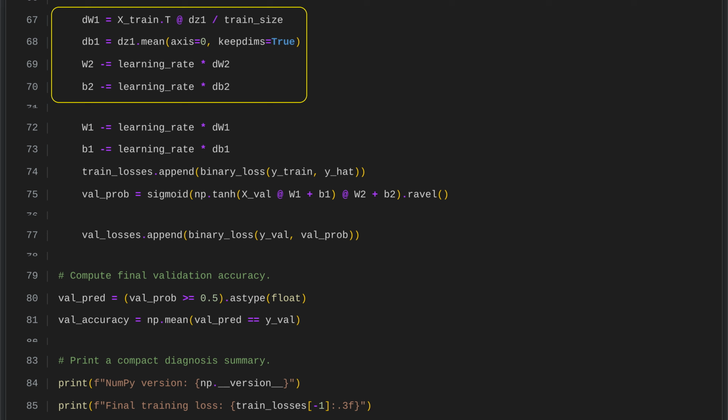Backpropagation computes how the loss changes with each parameter, then uses those gradients to improve the model. For the first layer, the weight gradient comes from combining the training data with the backpropagated error and averaging over all samples, while the bias gradient is the average error across samples. The second layer's weights and biases are then updated by subtracting the learning rate times their gradients, helping reduce the